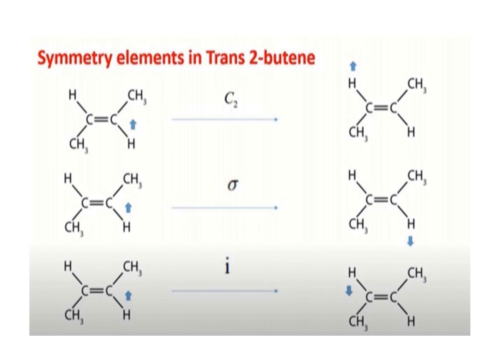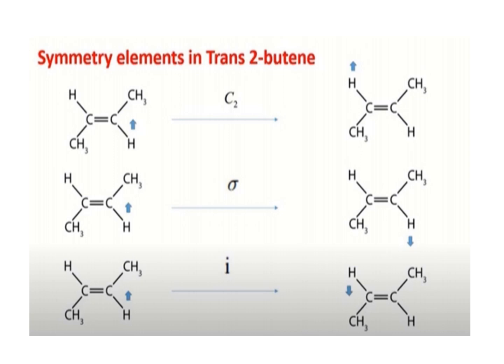case. Now if we apply plane of symmetry to this molecule, then only the arrow direction would be changed, and the position of the hydrogen atom remains the same. Now we see that the arrow changes from upward direction to the downward direction, and we get the result like this one. So we can say that this is sigma or sigma H operation.